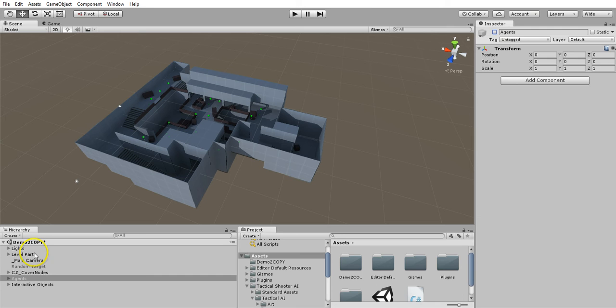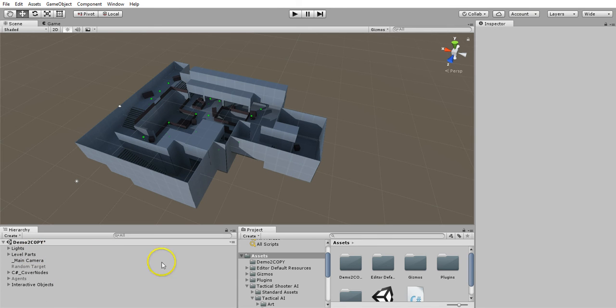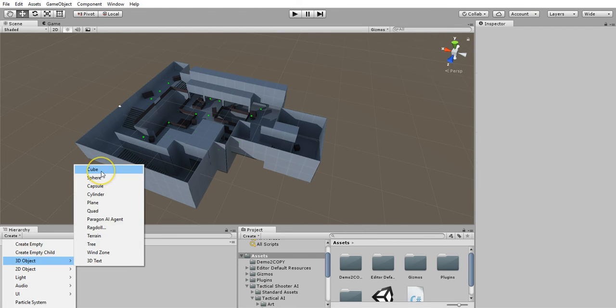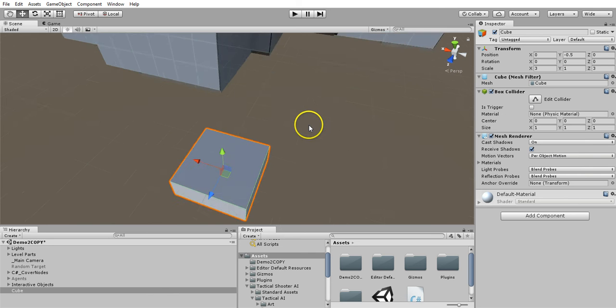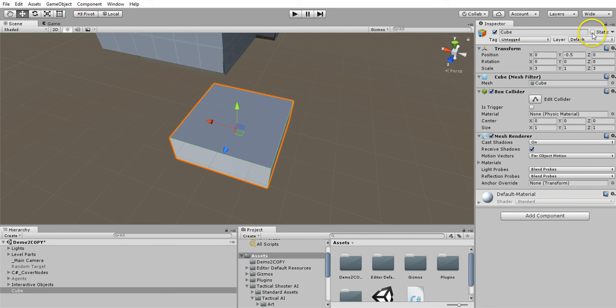Since I don't have anything at 0,0,0, this is the demo scene 2. I just opened it, saved it as a new version. What I'm going to do is create a 3D object, just a cube, and put it at 0, negative 0.5, 0, and make it 3 by 1 by 3. So you'll see that it is right there. I'm going to set it to static,